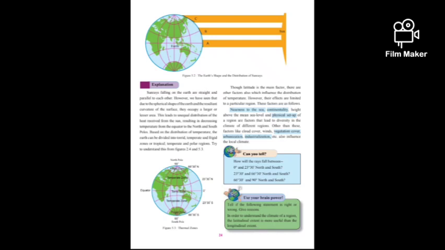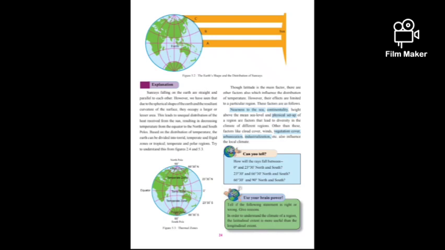These poles are called the frigid zone, the freezing point. There is ice covered, the land is fully covered by ice. Antarctica in the south, you must have heard about Antarctica, and the Arctic Circle. It is covered with snow, because there is very little heat as the sun rays are slant.